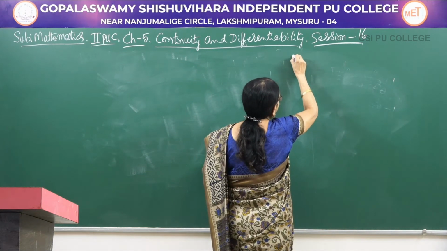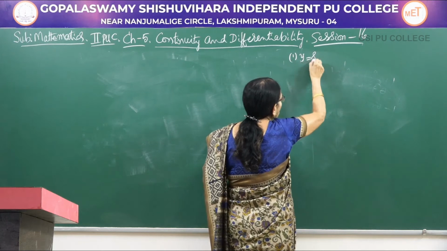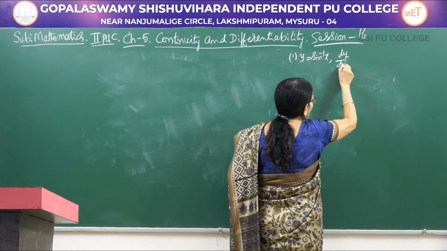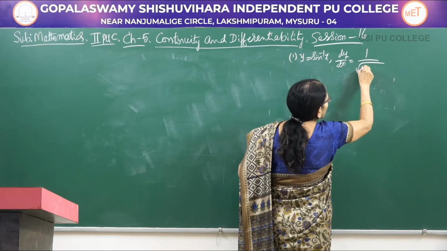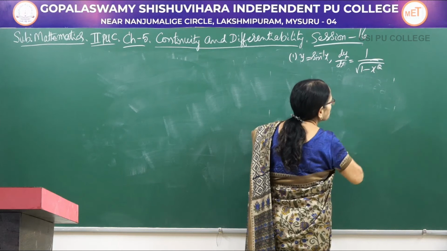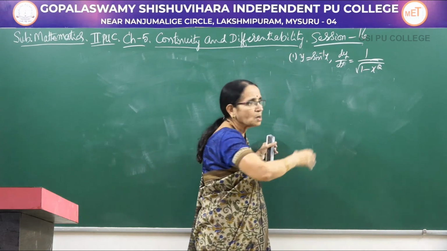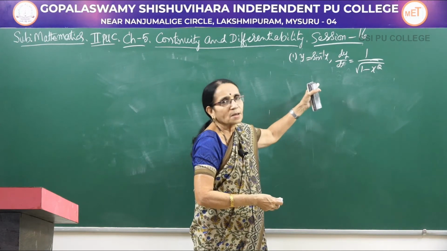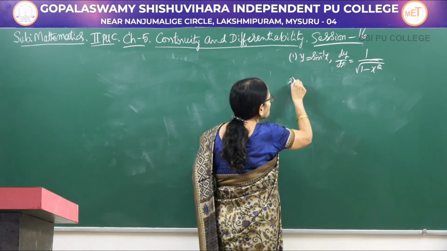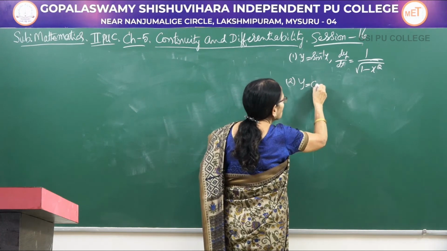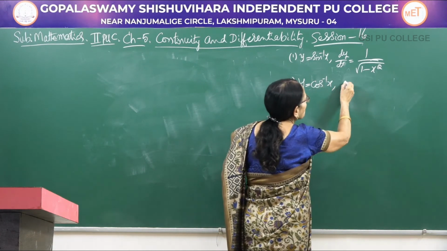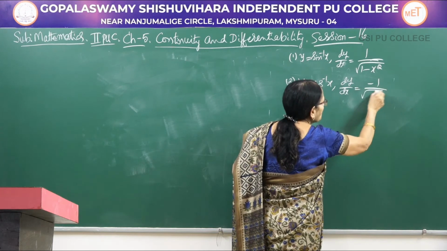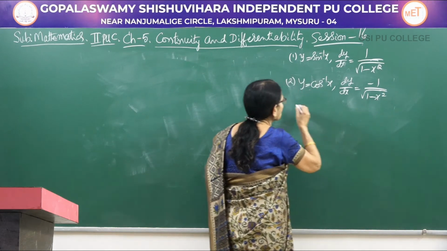So, let me write them in an order. It is y is equal to sin inverse x. Better you write them together so that it is easy. Any formula we derive, you just take them and write all of them in one stretch, so that whenever you want to refer to it, you will have all the results in one place. Then the second one, y is equal to cos inverse x. Therefore, dy by dx would be minus 1 divided by root 1 minus x square.